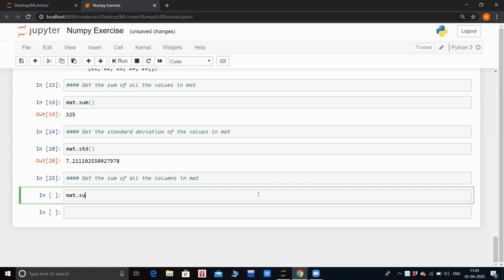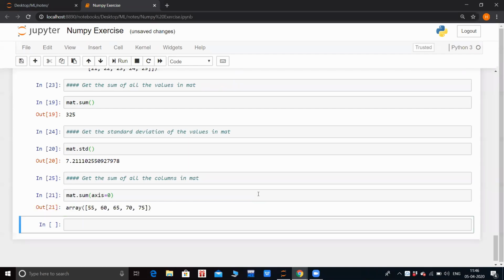So matrix dot sum and axis equal to 0. You can see the sum of all columns in your matrix or NumPy array, and when we call the sum of axis equal to 0, it gives you another NumPy array with the sum as you require.